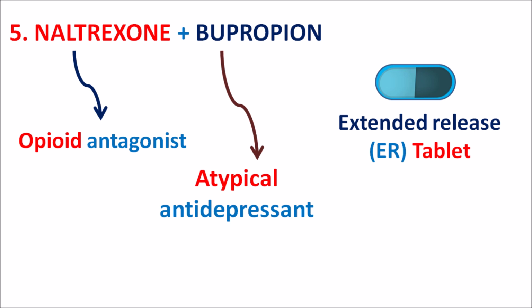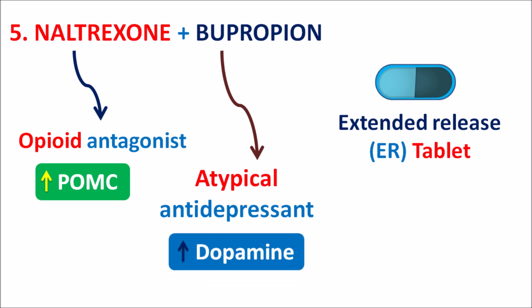Now naltrexone acts as an opioid receptor antagonist, and this drug increases the POMC activity. Pro-opiomelanocortin activity is required to control the appetite. So when this POMC activity is increased within the CNS, it can reduce the appetite centers, thereby it can reduce the food intake. Similarly, bupropion is an atypical antidepressant which increases the dopaminergic transmission within the CNS, thereby it increases